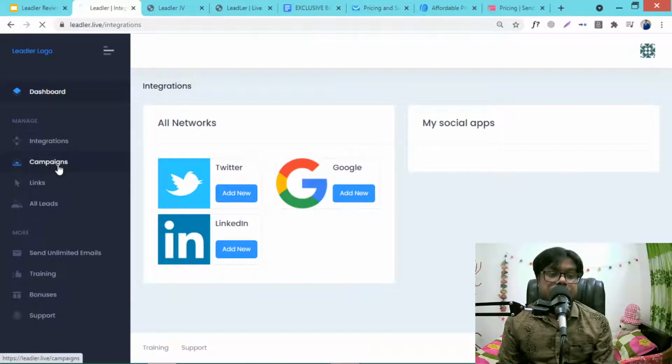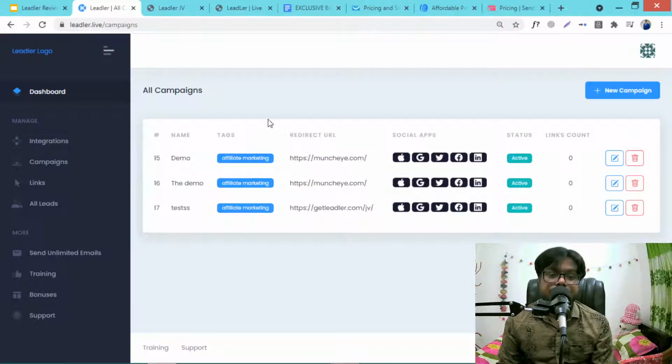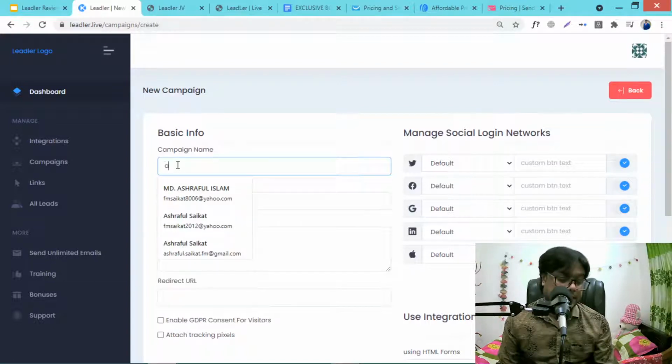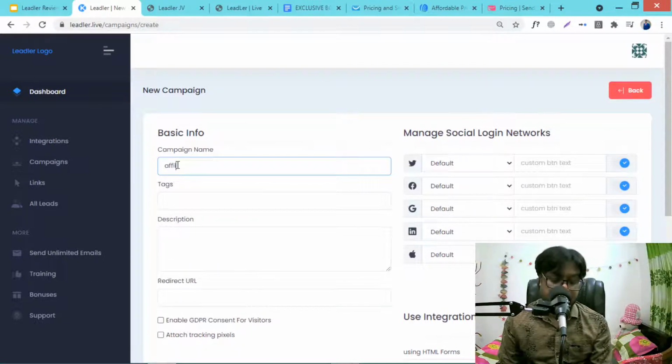Then you need to go to the campaign section. This is the previous campaign. You just need to create a new campaign. Just give a campaign name, for example, affiliate marketing. I am just giving this as an example.